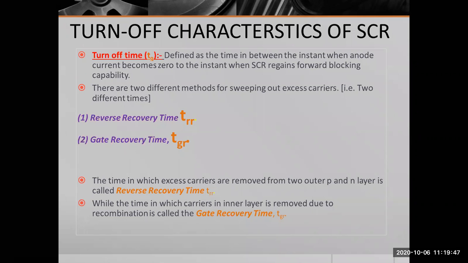We require an additional circuit which forces the anode current to decrease to 0 value. Previously, it automatically came to 0 with an AC supply, that is nothing but natural commutation. The second one is forced commutation. It is applicable only when there is a DC supply. Forcibly we are decreasing the anode current to 0. And the third case is the load commutation circuit. Load commutation circuit means both R and